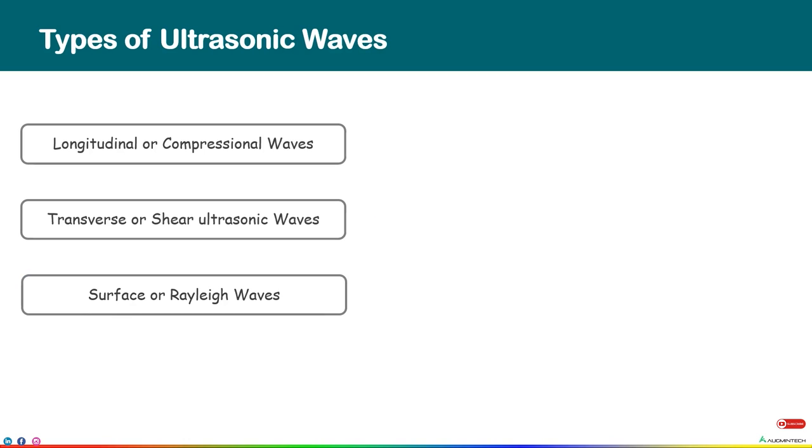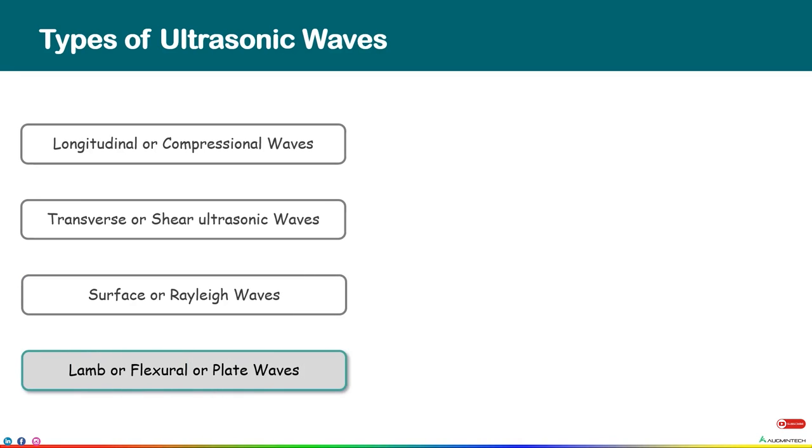Okay, moving on. The fourth type of wave is the Lamb or plate wave. Lamb waves are produced in thin metal whose thickness is comparable to the wavelength of the ultrasonic wave. If a surface wave is introduced into a metal that has a thickness equal to or less than the wavelength, then a plate wave will result. The velocities of these waves depend not only on the type of material but also on the material thickness, the frequency, and the type of wave.